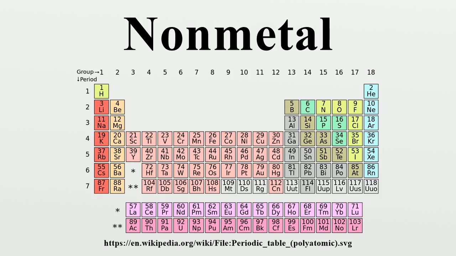The status of the period 7 congener of the noble gases, element 118, is not known. It may or may not be a noble gas. It was originally predicted to be a noble gas but may instead be a fairly reactive solid with an anomalously low first ionization potential, due to relativistic effects. On the other hand, if relativistic effects peak in period 7 at element 112, copernicium, element 118 may turn out to be a noble gas after all, albeit more reactive than either xenon or radon.